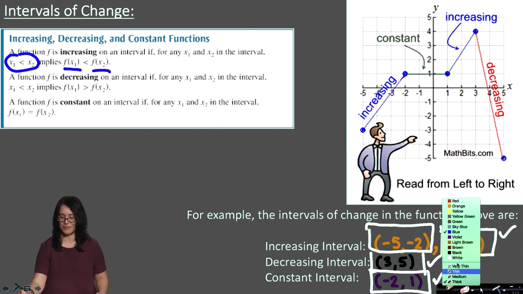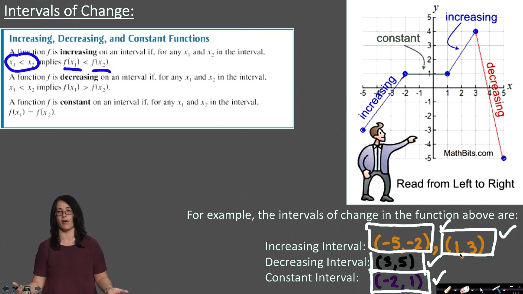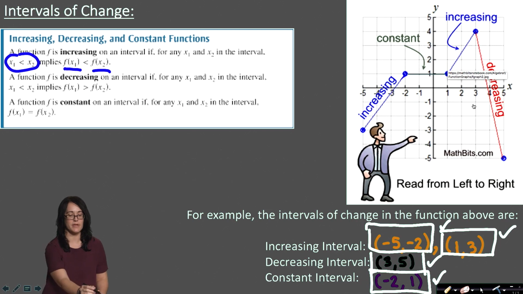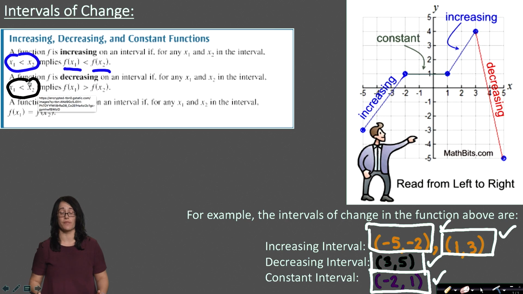But conceptually, this is very natural for humans, right? We can see when we're rising and when we're falling from left to right. So we can see increase, increase, decrease, constant. That comes intuitively. The definition continues though. If we're talking about when the function was decreasing from left to right,